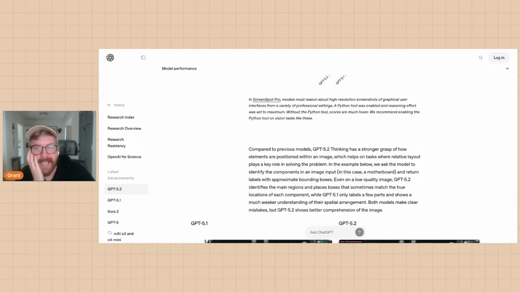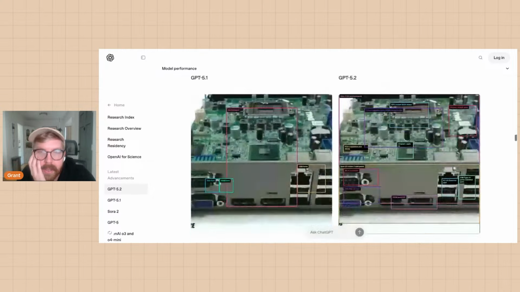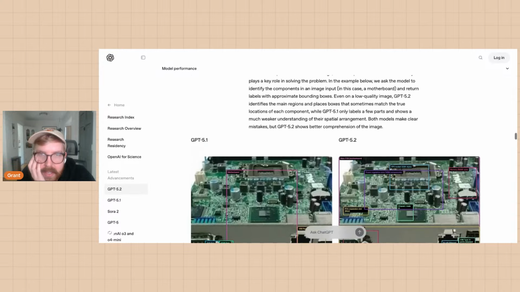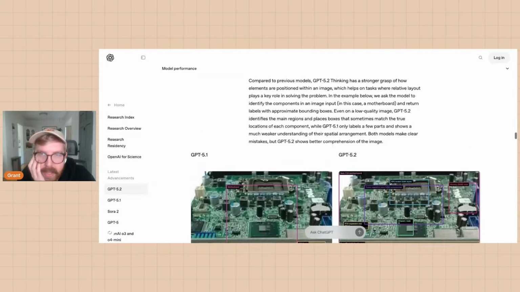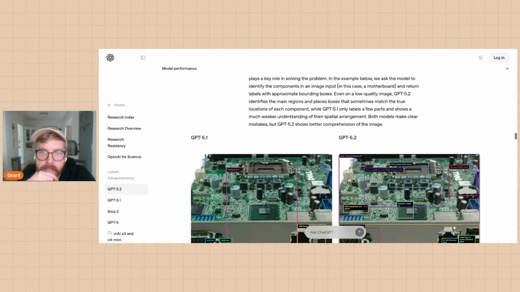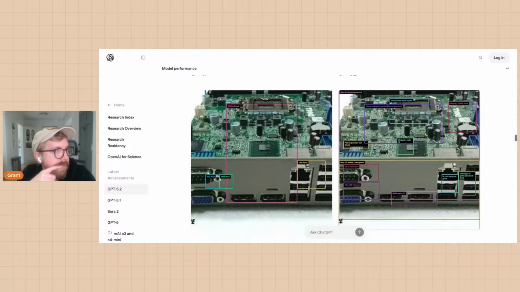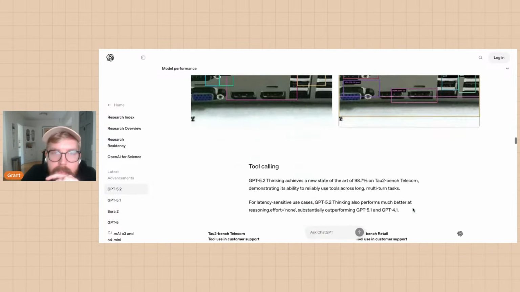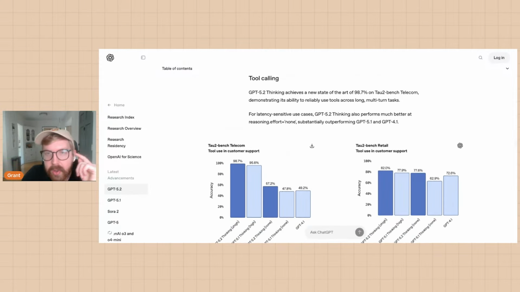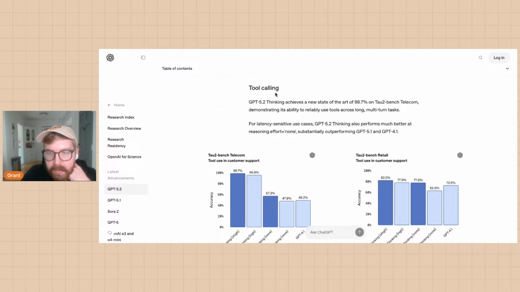Okay. Screenshot Pro. All right. This is an example where, I guess, this is showing what the AI is seeing? Interesting. Okay. Tool calling. This is if you're trying to create an agent or use an agentic system where the AI is calling different software tools and interacting with different software. This is where this comes into play.